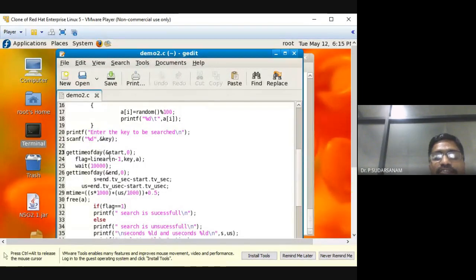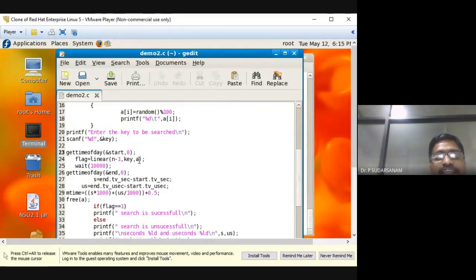Before that, whatever you are making, make it 0 and get start. Start is the system time taken before running the program. So now 2:30, that 2:30 will be taken by gettimeofday. Now flag linear of n minus 1, that is, we are coming from the last, comma 0.